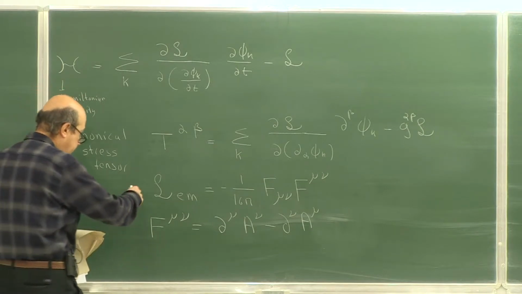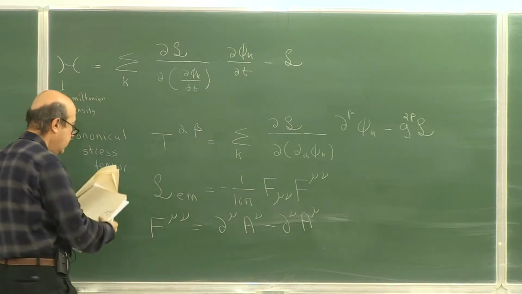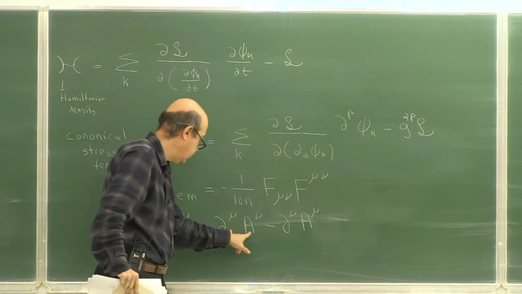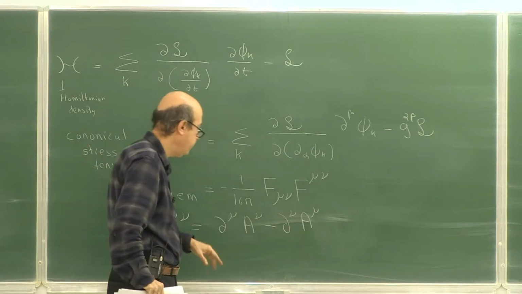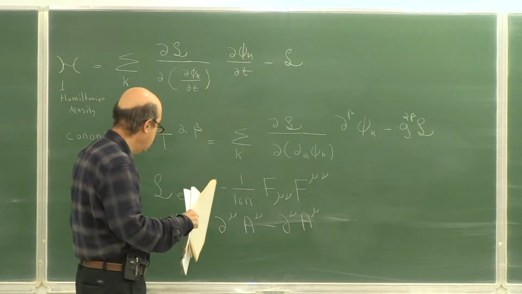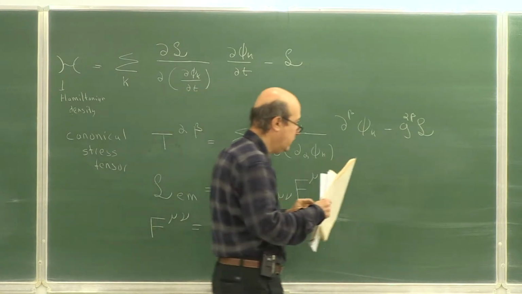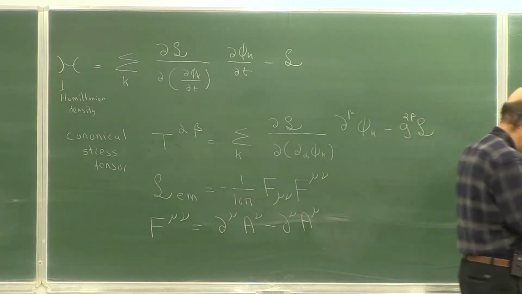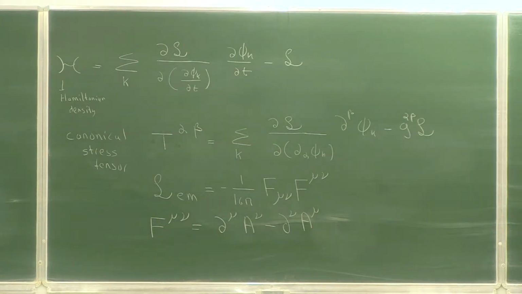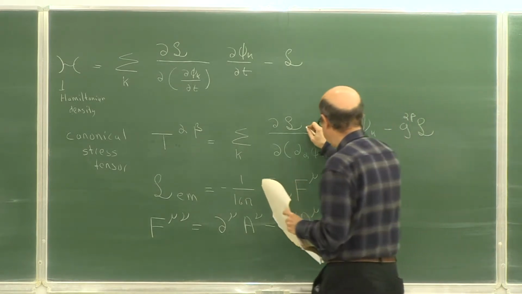So the Lagrangian density is constructed from derivatives of the four potentials. If you want to calculate the canonical stress tensor, first we have to evaluate